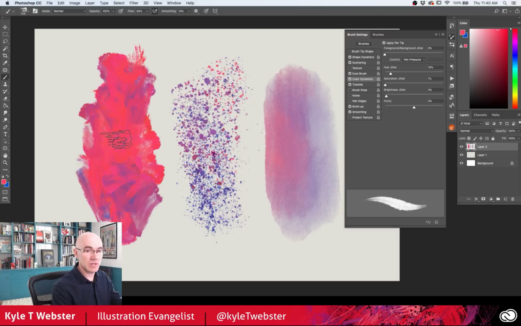So now you've seen some really useful ways you can use color dynamics in your art, and the effects are very different. So give it a try, and now it's time for you to make something awesome,